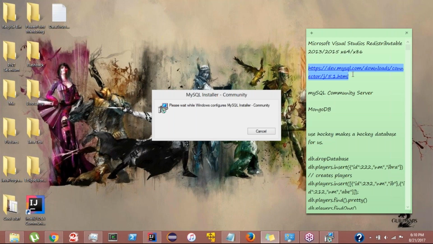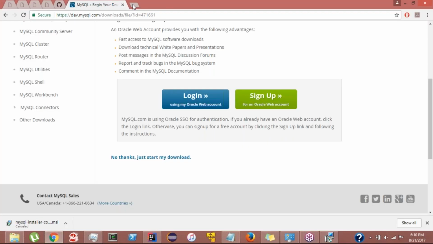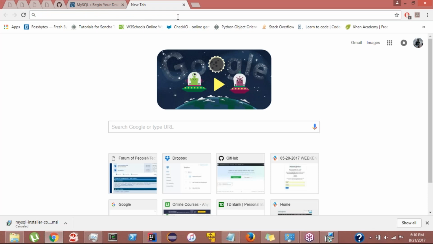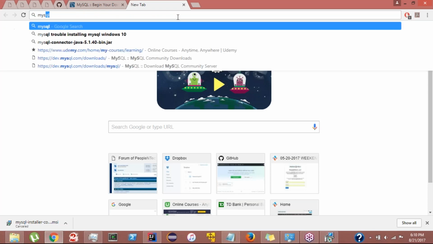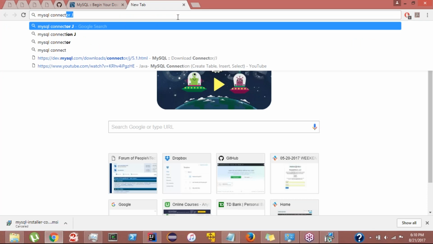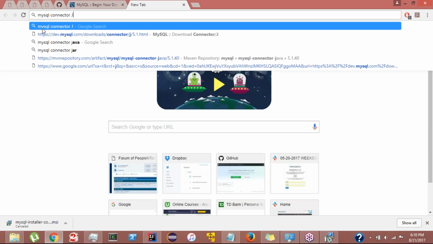Another thing you can download, in order to connect to IntelliJ, is MySQL Connector/J. If you Google this,